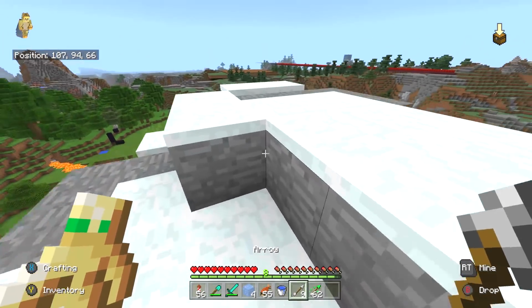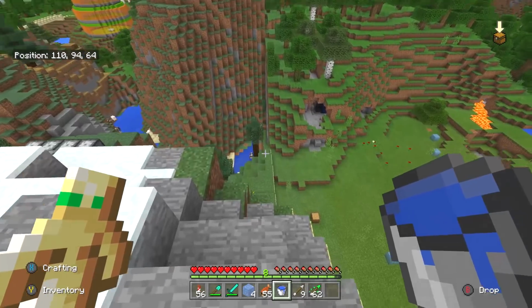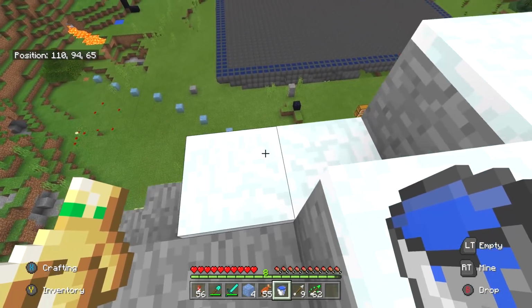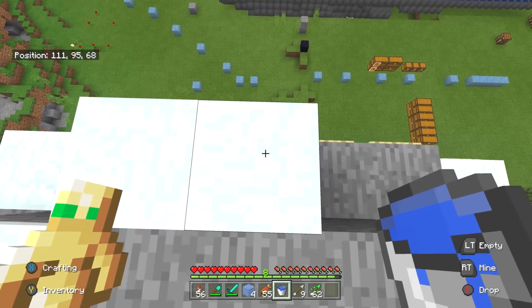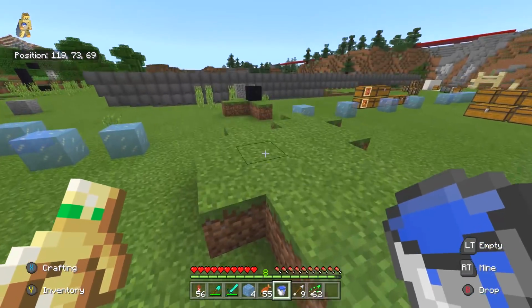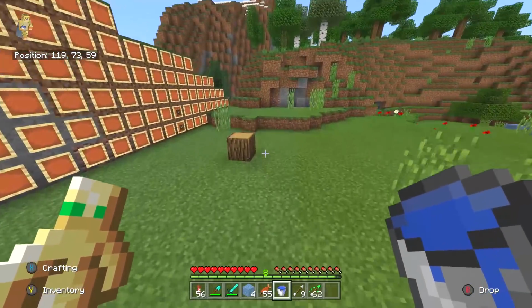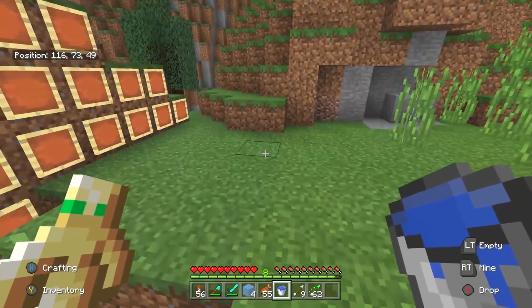Not drowning in water is actually quite easy, but the funny thing about water that makes it so tricky is that you can use it to save your life if you do it just right. If you're falling to your death and you place water just before you land, you can avoid taking any fall damage whatsoever. It's a really, really valuable thing. I think I might not have done it perfectly there, but my point is,